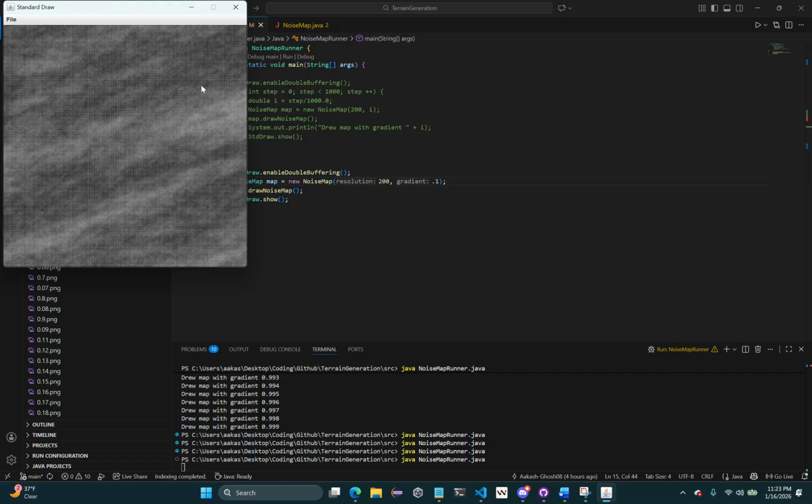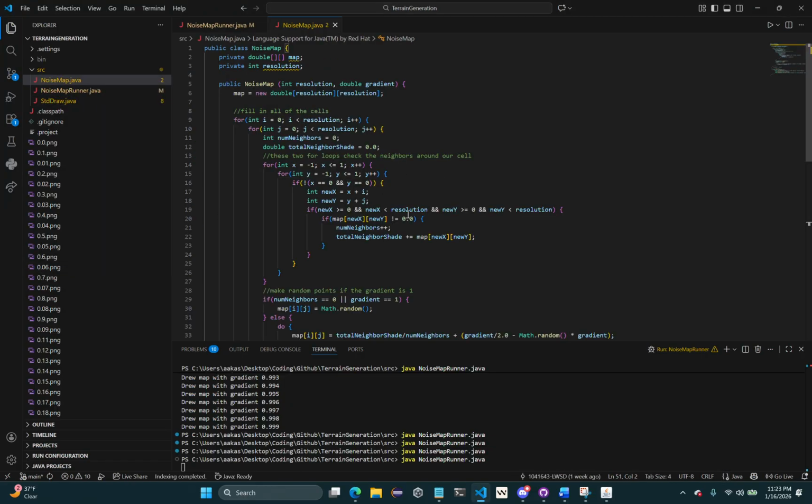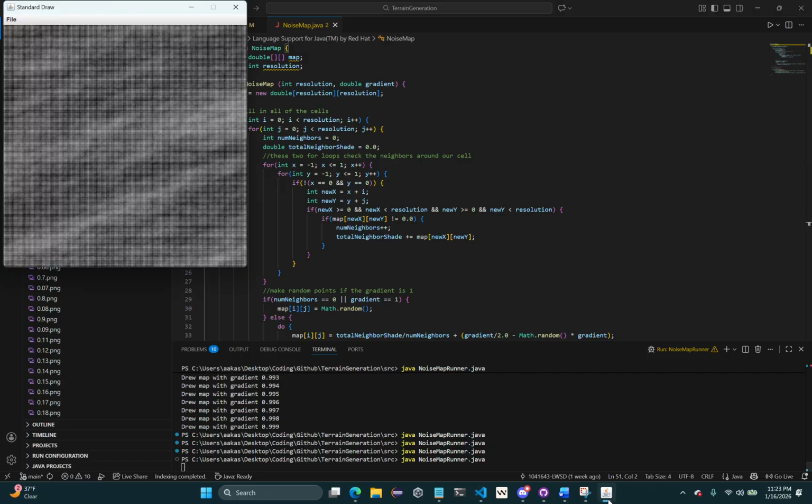I'll give you a second here. See if you can think of what is wrong with my code that might be causing these lines to form horizontally. All right, hopefully you took a second to think about that because it's actually because of the order I'm